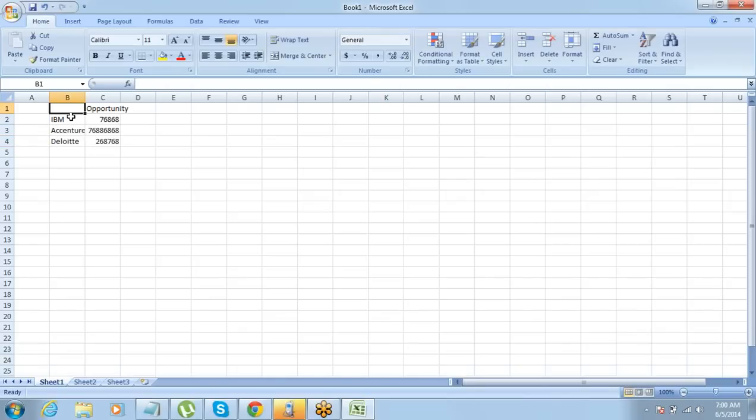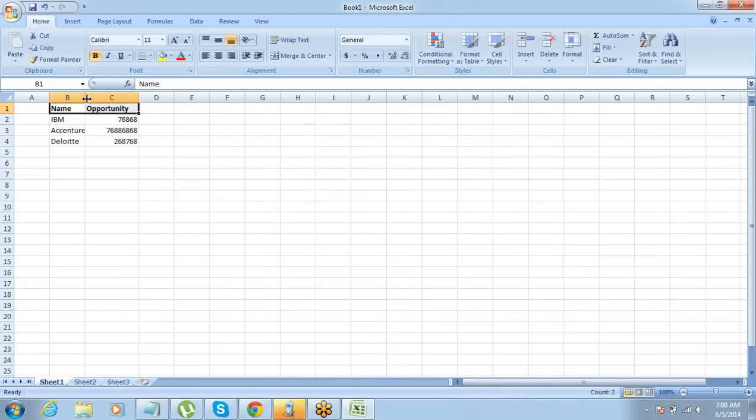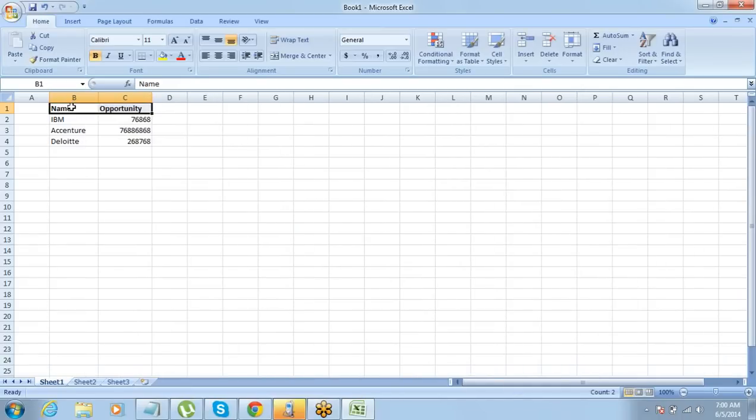So what is the worth of opportunity that you have from there? Okay. So in case you need this kind of report, against the account names, you need opportunity summary, not detailed summary, summarized opportunity. How many opportunities do I have from which account? What is the worth of opportunities that I have from that account? So that is one thing. This can be done using a report type. Just now I showed you how to create a report type, and this is what we can achieve easily, right?